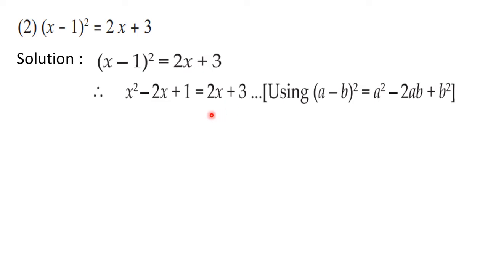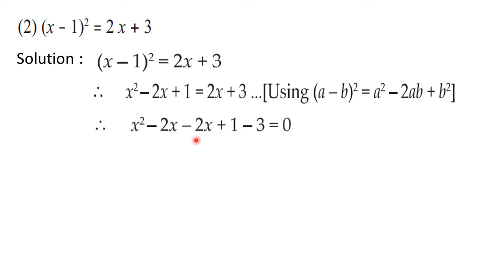Now the next step, we have to shift all the terms on RHS to LHS. And while writing them, we have to follow descending order. That sequence we need to follow. So first of all, we will write down x square as it is. Afterwards, you have minus 2x here, and from here you can shift one more minus 2x. So minus 2x will appear 2 times. See, x square minus 2x minus 2x. Afterwards, the constants. So plus 1 and after that minus 3. Plus 3 will become minus 3.